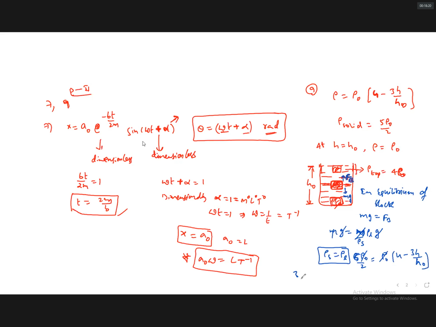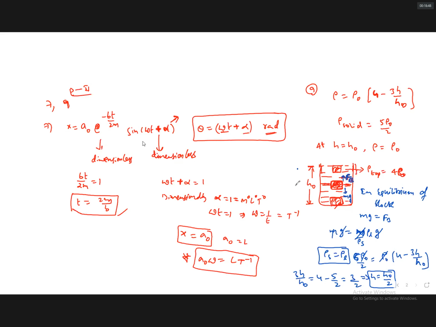Upon simplification, 3h by h naught is equal to 4 minus 5 by 2, which is 3 by 2. 3 gets cancelled, therefore h is equal to h naught by 2. Now the body is in equilibrium at a depth h equal to h naught by 2 from